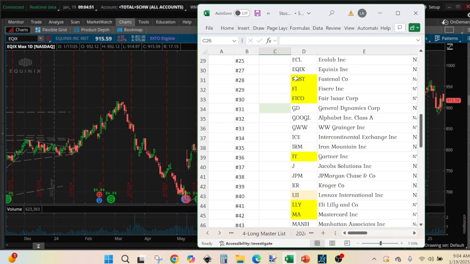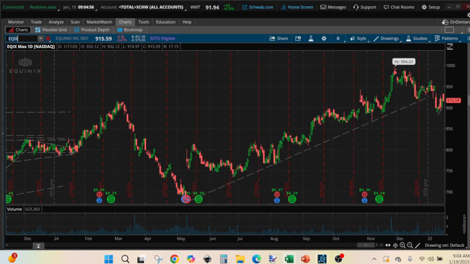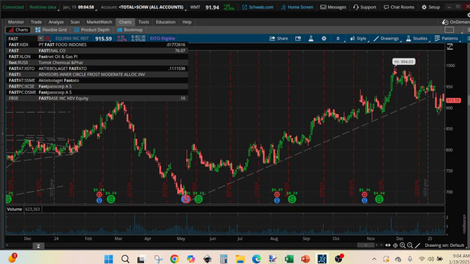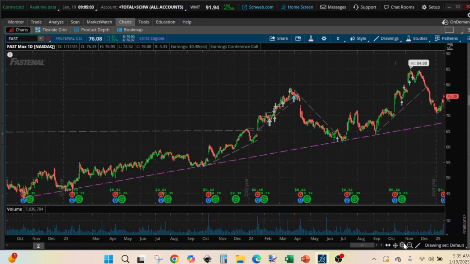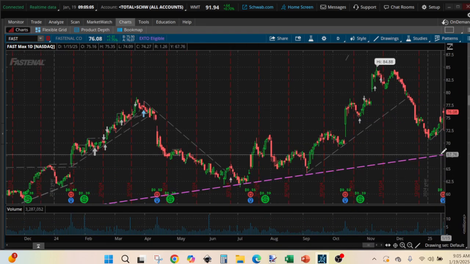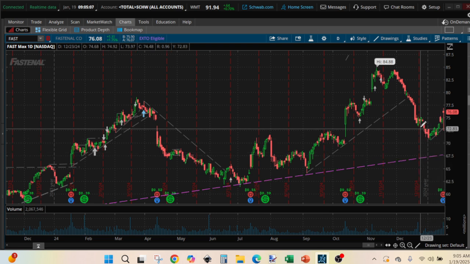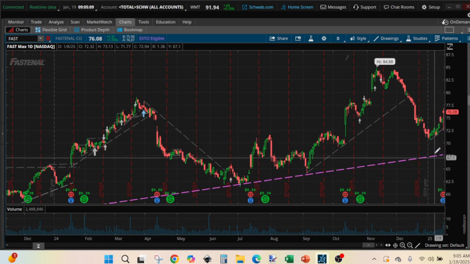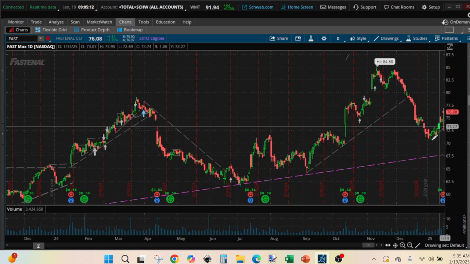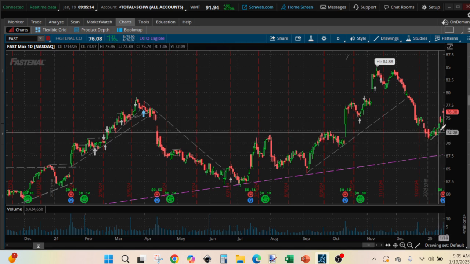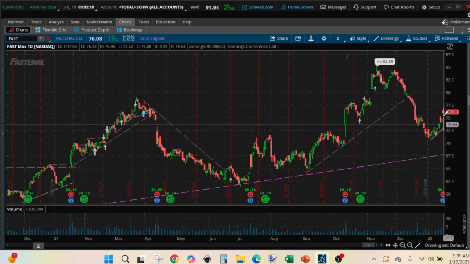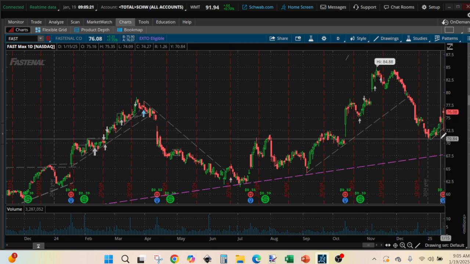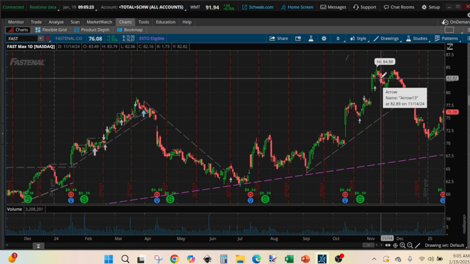The next three, we purchased them already, we have not sold them yet. So the first one out of the three is fast. This is the trend line to buy at. Next time it came to it, but it didn't really reach it much, and it started creating an uptrend line there, but Friday it pulled back. We'll see how it's going to do. We purchased it right there,